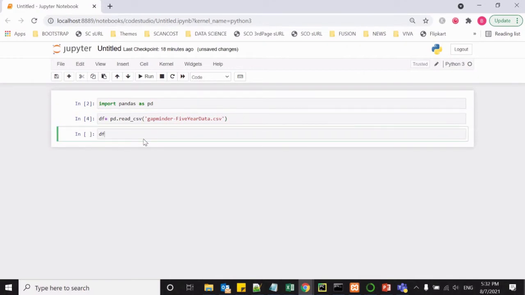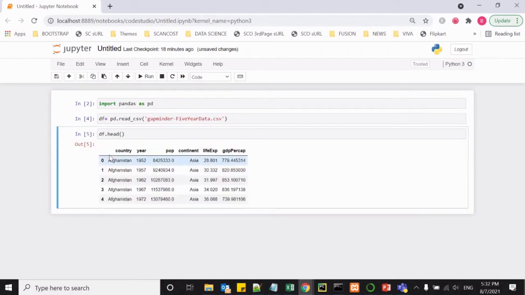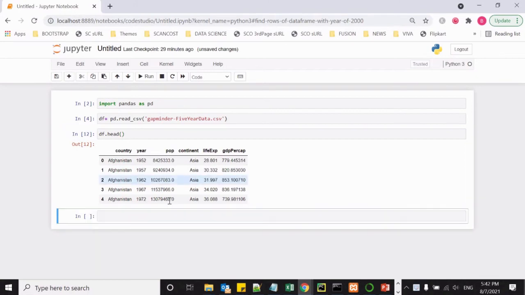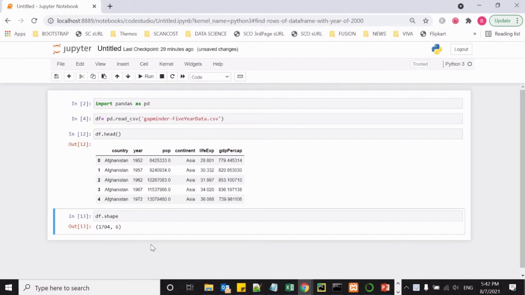Now let's check the data. Now we can see the data in a data frame. Now let us check the data frame shape using the shape attribute. So basically the data frame has 1700 rows and 6 columns.